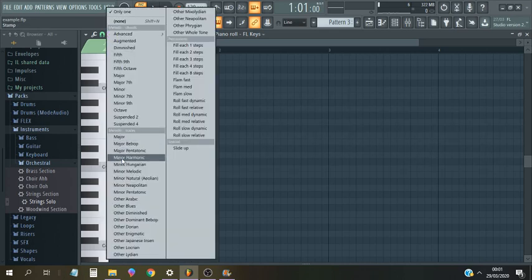we can go on minor harmonic or minor melodic, which is somewhere here. I feel like I'm going right past it. Yeah, here. And there's also minor natural. These 3 are the only ones I would worry about, and even then, I would usually just stick to one of them. I usually stick to minor harmonic. Honestly, which minor you pick doesn't matter that much. It usually only makes a 1-note difference, and they all sound pretty similar. I imagine there's only some situations where it